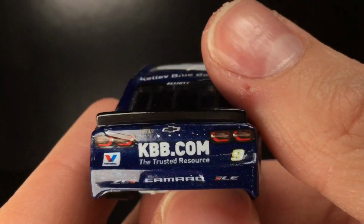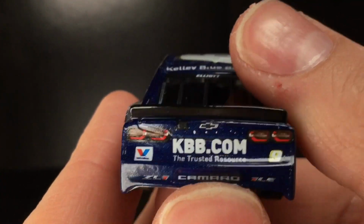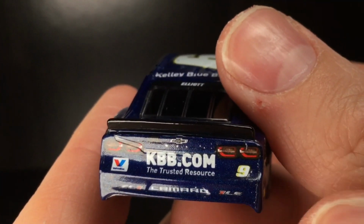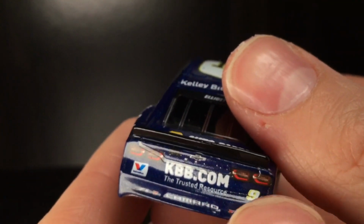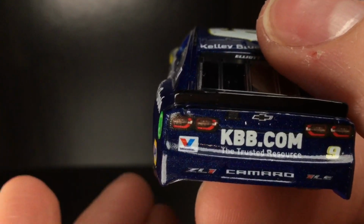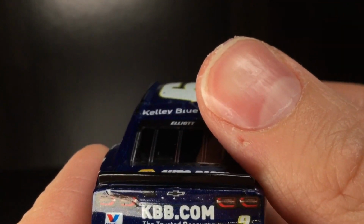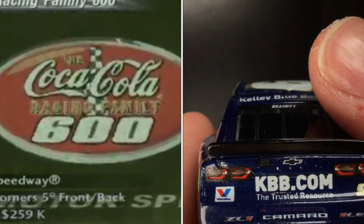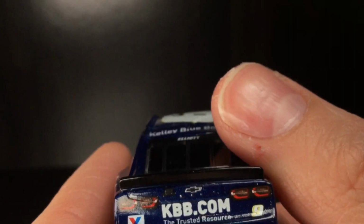And then over here to the caboose of this diecast, you got KelleyBlueBook.com or KBB.com, the trusted resource. And of course, you got the small Chase Elliott number 9 there. And I noticed that the number 9 font, for whatever reason, if you go back to 2002's Coca-Cola 600 logo, okay? And you know how the 9 is basically a 6, but it's upside down, right? If you look at the 2002 Coca-Cola 600 logo, the 6 on it is almost identical to the Chase Elliott